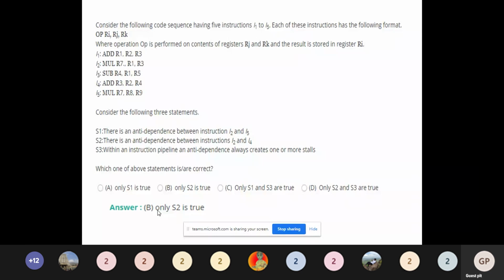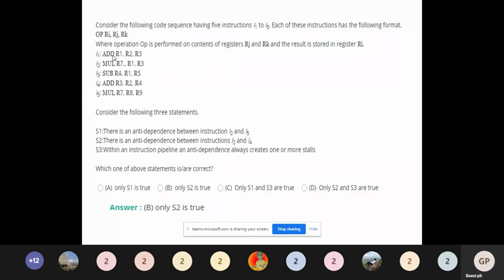Operation OP is performed on the contents of registers RJ and RK, and the result is stored in register RI. So RJ and RK are the sources, and RI is the destination register. First is the opcode part, next is the destination register, and the other two are the source registers.